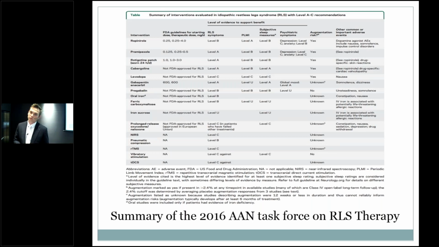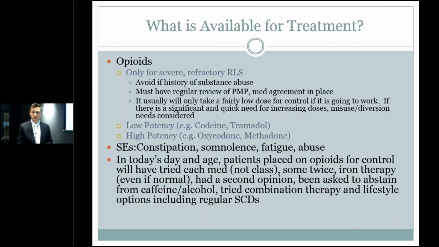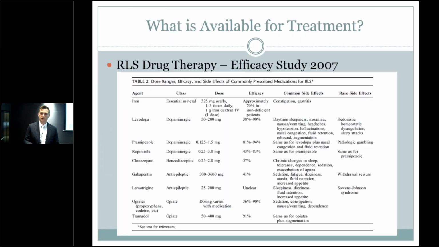Other things can be helpful for these patients. I'd like to say that we're going to get away from Requip and Mirapex as the first line agents. I don't think that's going to happen because they're very effective, but they do lead to problems in these patients. Levodopa is on here, and there's some variation in what people see with it. If we go back over to this one, the effectiveness of levodopa is 38 to 90%. It is wide ranging.